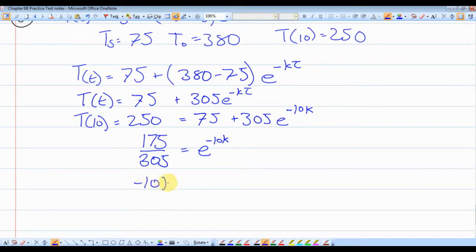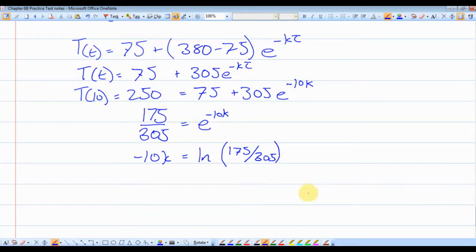Negative 10k is equal to the natural log of 175 over 305. k is equal to negative 1/10 natural log of 175 over 305,